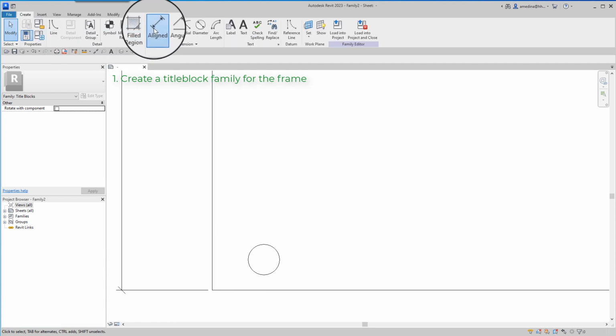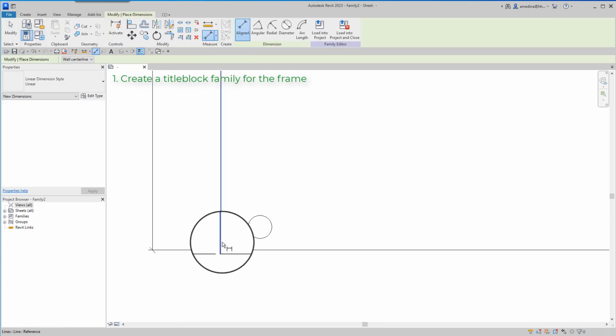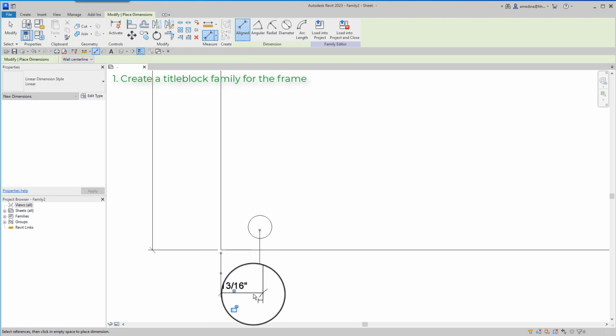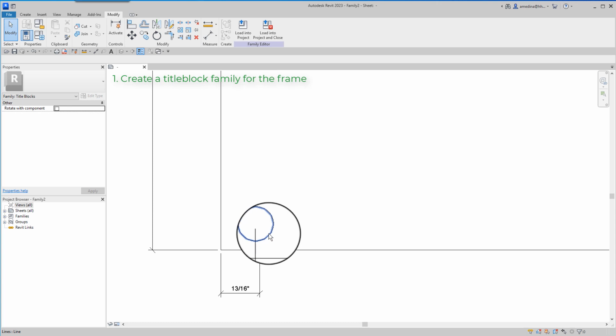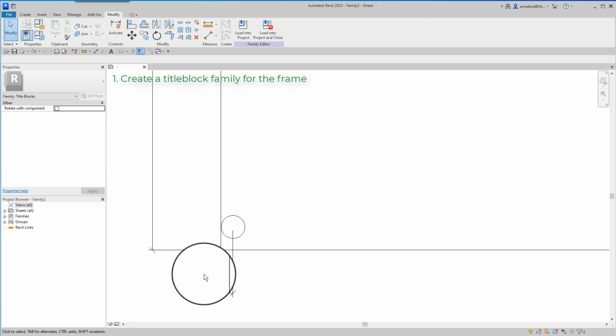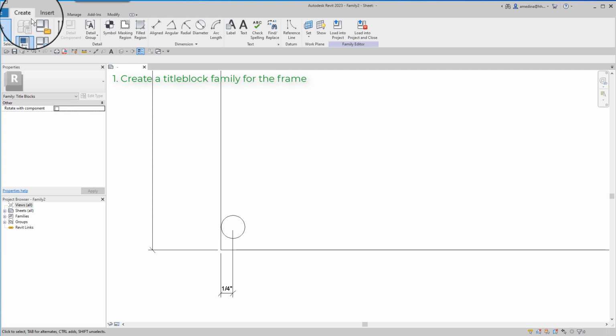Create, aligned, from here to the center of the circle is 1/4. So I select the circle and change this dimension to be 1/4. And then I do the same in the other direction.